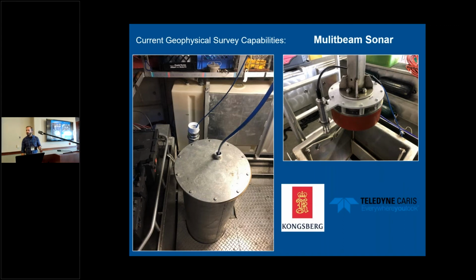So we make sure that each vessel goes through a calibration and verification program at the start of the season, where we're doing things like the patch test, the GAMS calibration, and sound velocity verifications, making sure the sensors are calibrated and reading correctly with respect to each other. We're doing sample surveys, just the standard vessel integration testing,